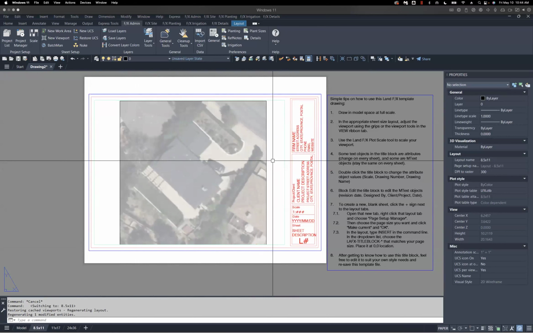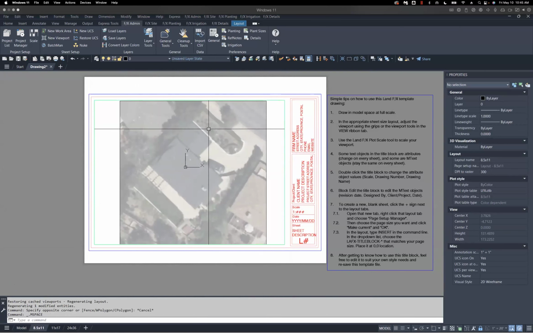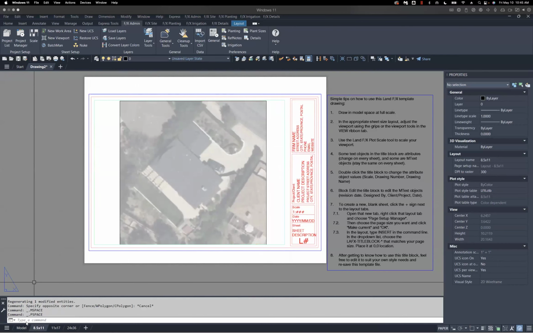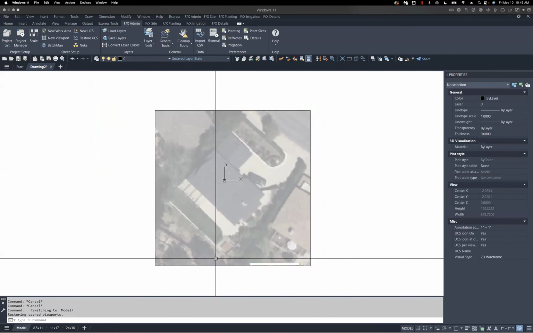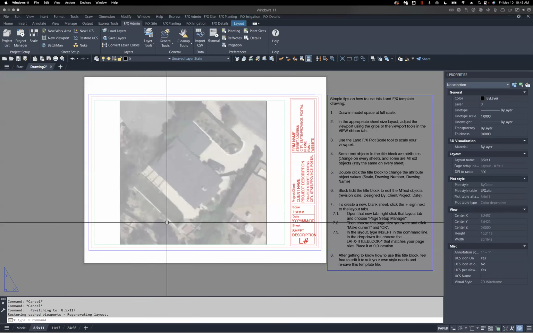What you don't want to do and what you want to avoid, you don't want to basically build the bad habit of clicking into your viewport and working in model space this way. It's just going to be prone to more issues. It's less efficient. So you always want to make sure that you're doing your work directly in model space. And then when you're setting up your sheets, you're just using the viewport to display the information that you're looking for. That pretty much covers the AutoCAD geolocation tool.